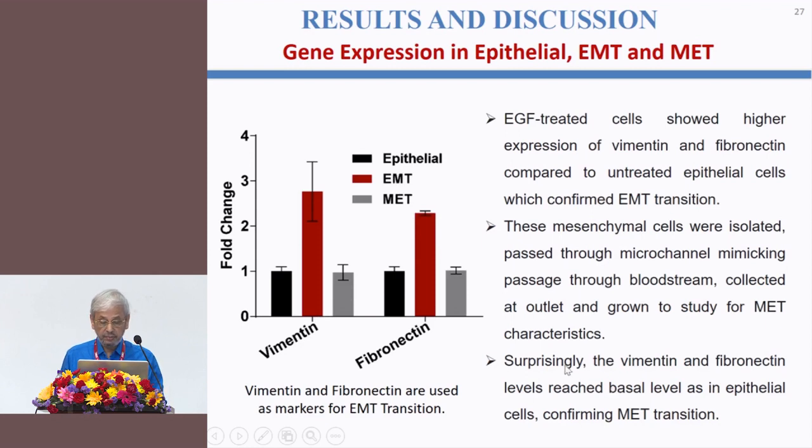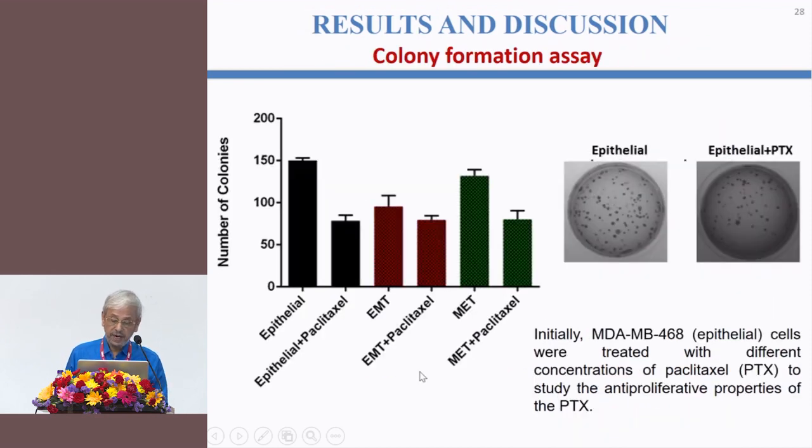So we have written that also. Surprisingly, the vimentin and fibronectin levels reached the basal level as in the epithelial cells, confirming the MET transition. These are MET transition and these are EMT transition cells. So finally, why I made this comment that mesenchymal cells are extremely dangerous, because we can study this through colony